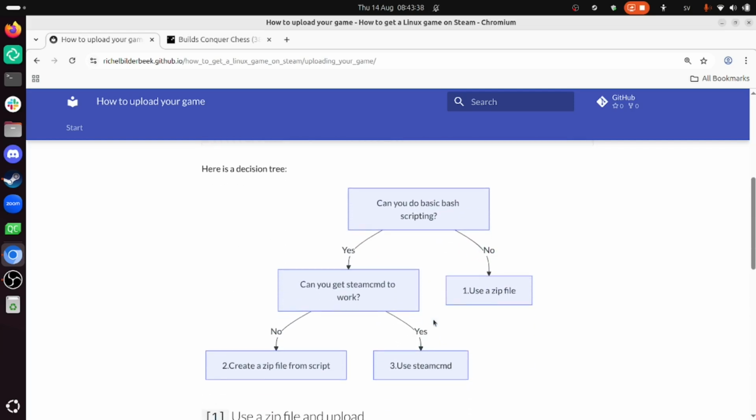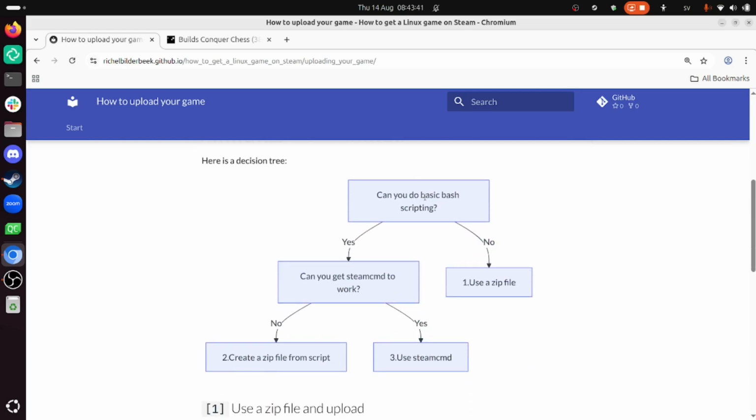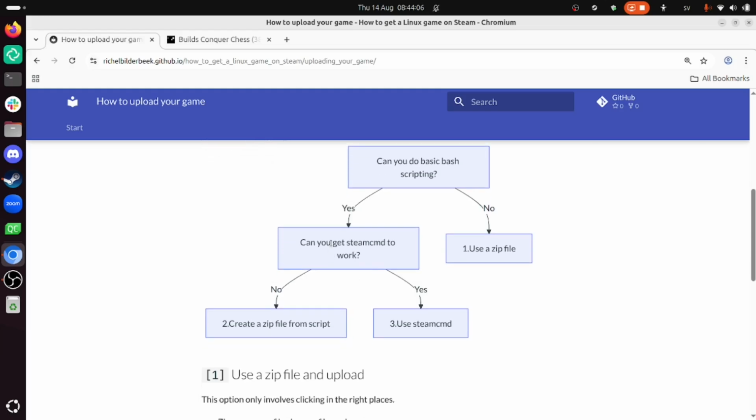If you're in doubt, let's say we have a decision tree here. If you cannot do bash scripting, then you just use a zip file until it's really needed to do something more powerful. Let's say your game gets too complex, then it's time to get into bash scripting. I think you'll feel this yourself, not me. Then the question is, can we get SteamCMD to work? I remember it was quite doable to get it to work. If you can, I would encourage you to use it,